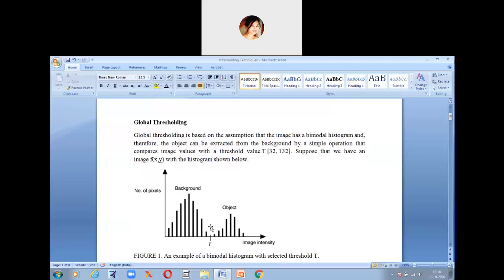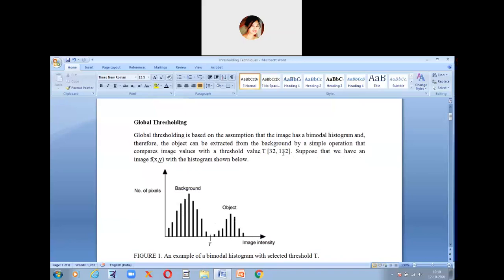Since global thresholding is based on a bimodal histogram, consisting of two peaks, one is the background and one is the object, it becomes very easy for global thresholding because the object can be extracted from the background by using a simple operation with a threshold value T of 32, 132.